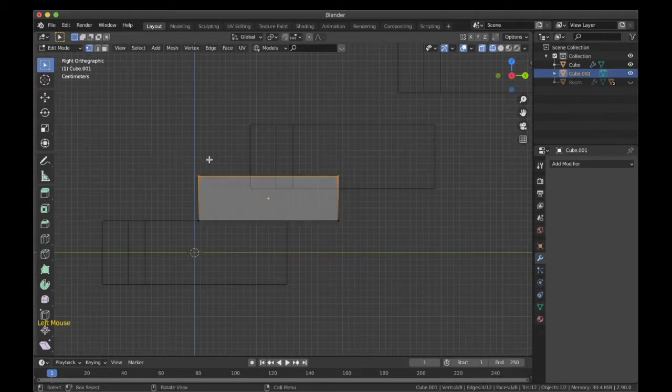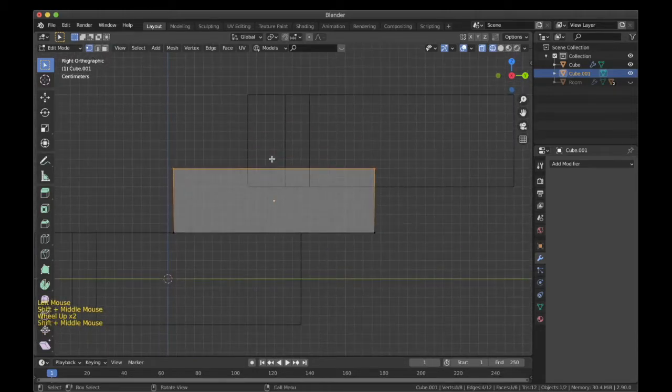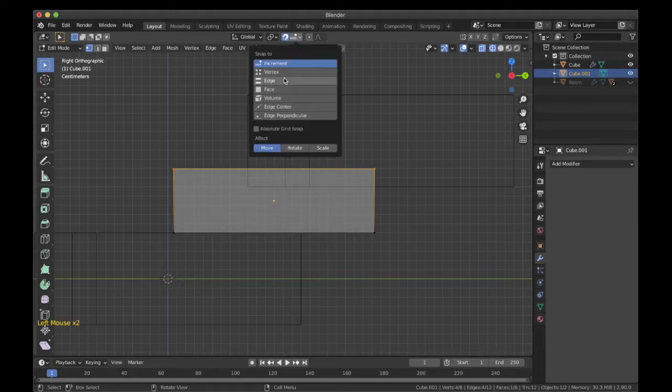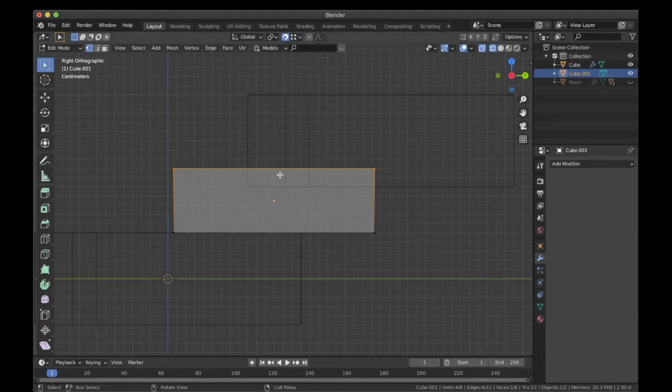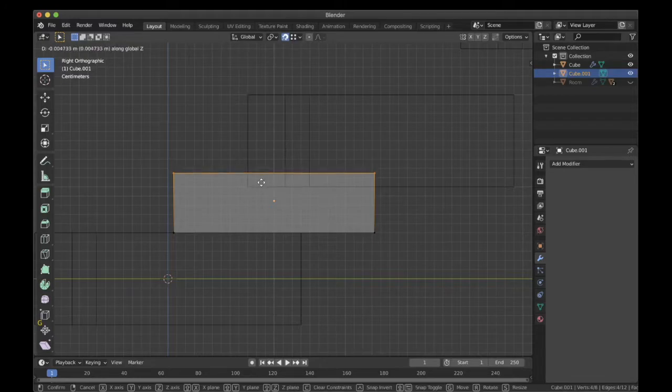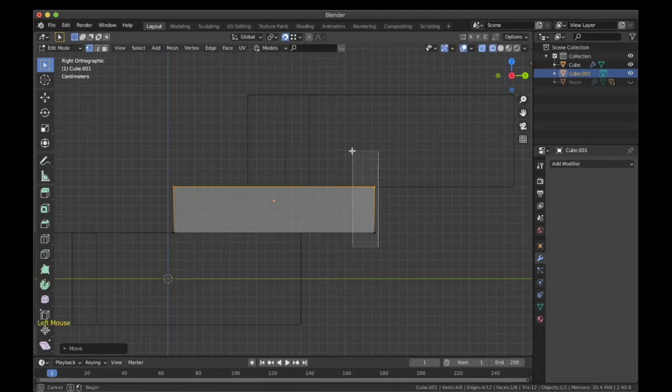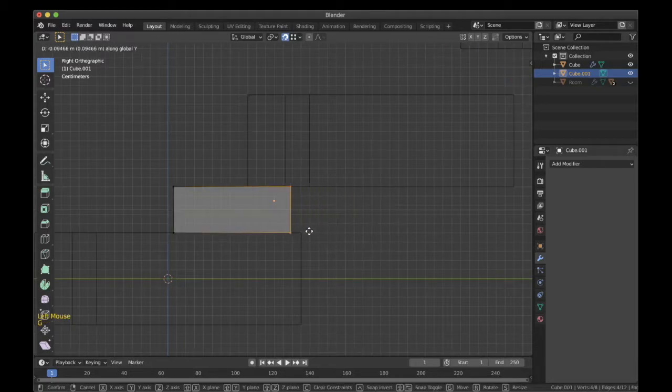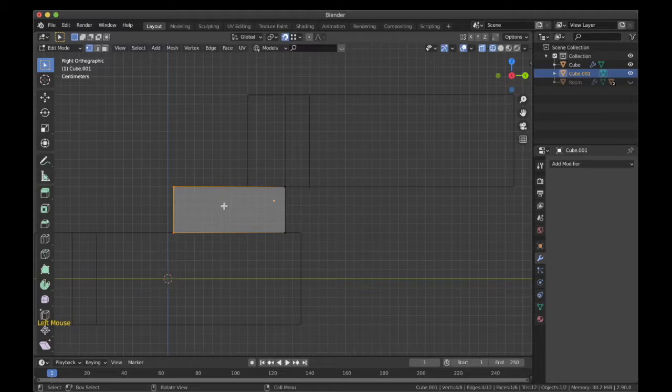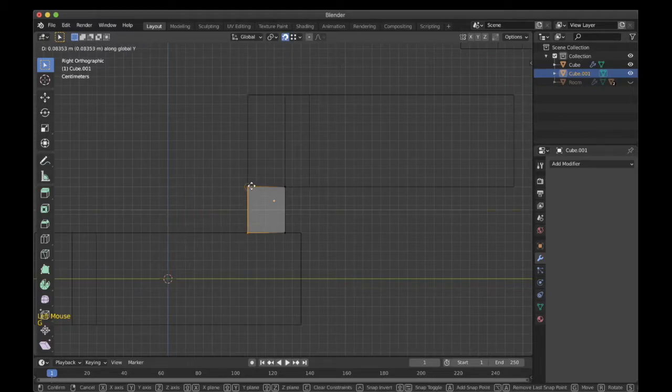vertex edit mode. Over here, what I will do is I will select the top vertices. This function right over here you are seeing as a snap function. So whenever we turn this on, the vertex we have selected can be snapped to any other vertex in the scene. I will turn this on, change it to vertex, and then over here I will press G and then Z. Now when I bring my cursor over here, you can see it automatically snaps. Similarly, I will do it for Y axis, and over here also I will do it in the same way.